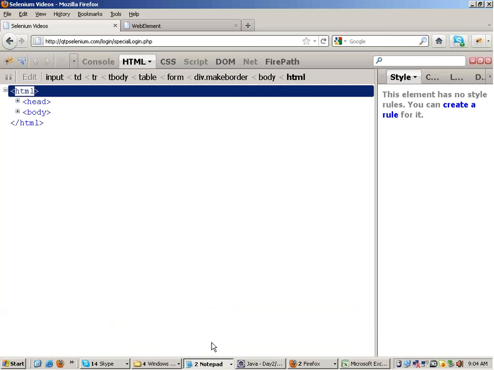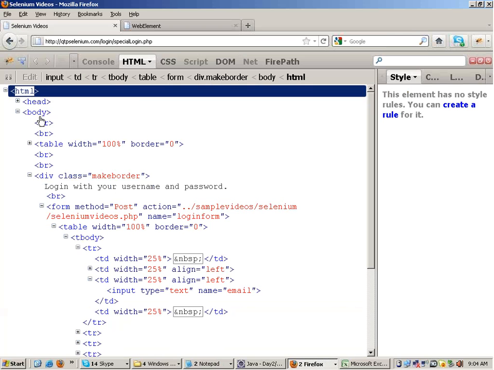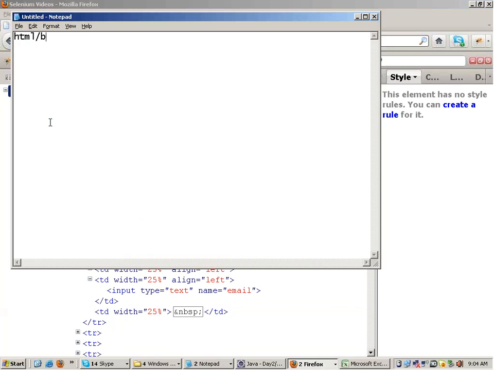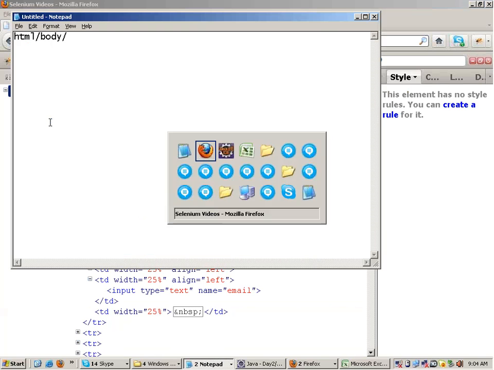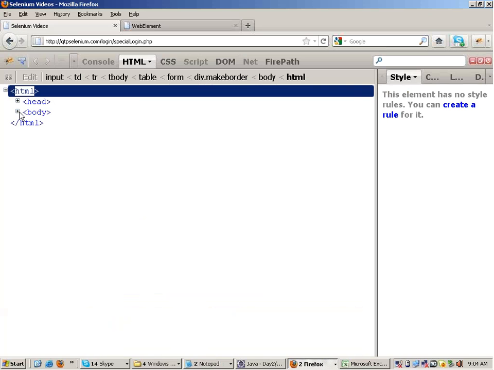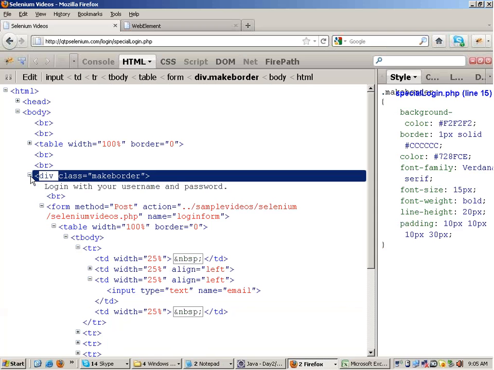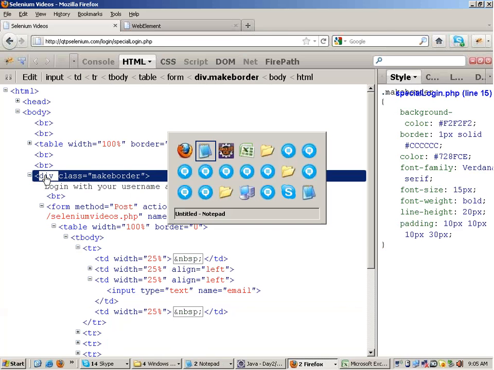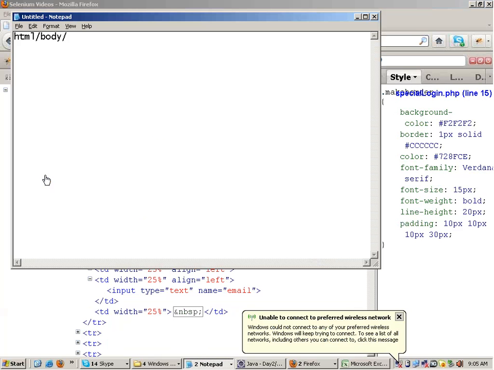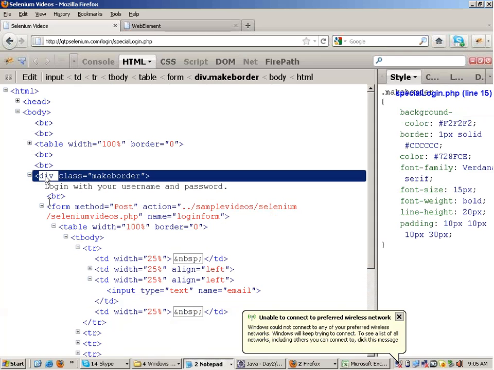HTML, right? After this, there's a body tag. There are two types of XPath, and I'll tell you later on. Just concentrate on this first. There's a body tag, and under the body tag there is a div tag, so you will write HTML body div, and after the div tag you have